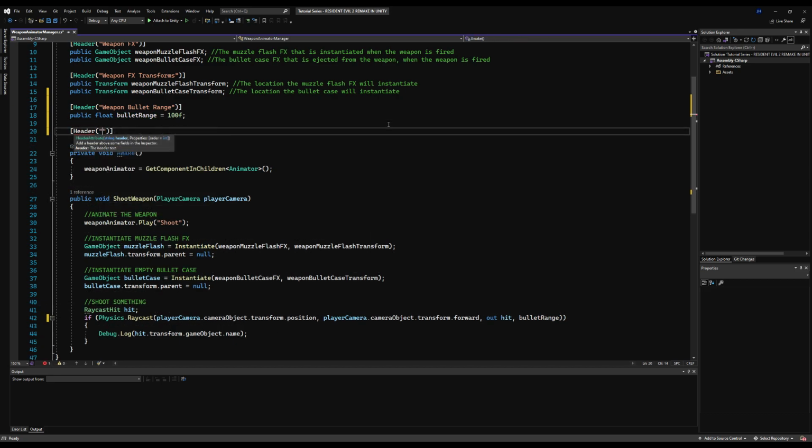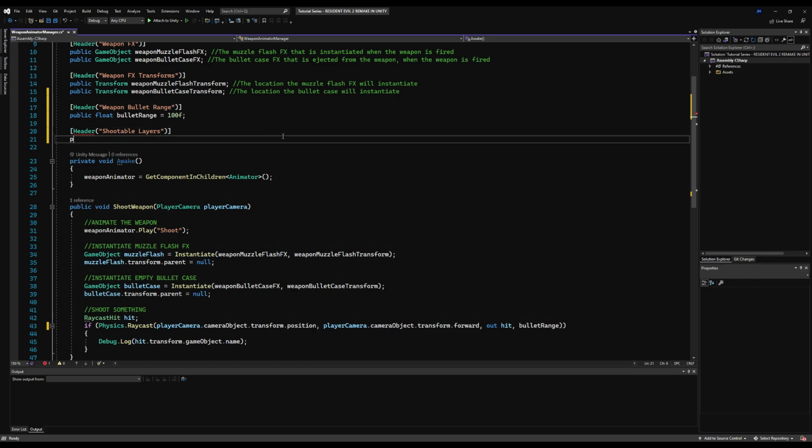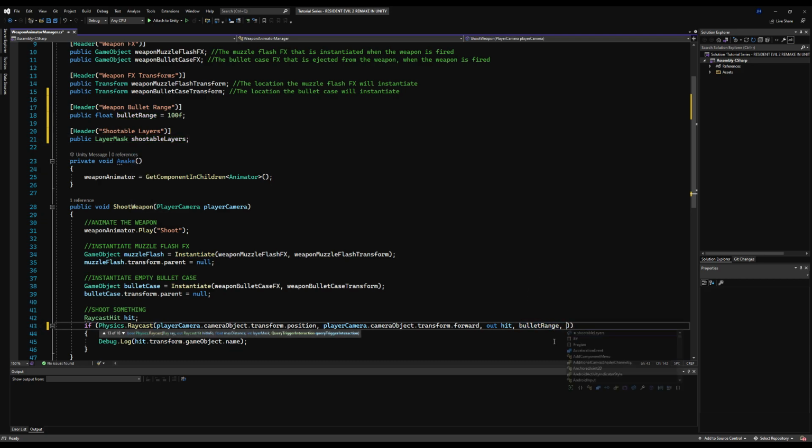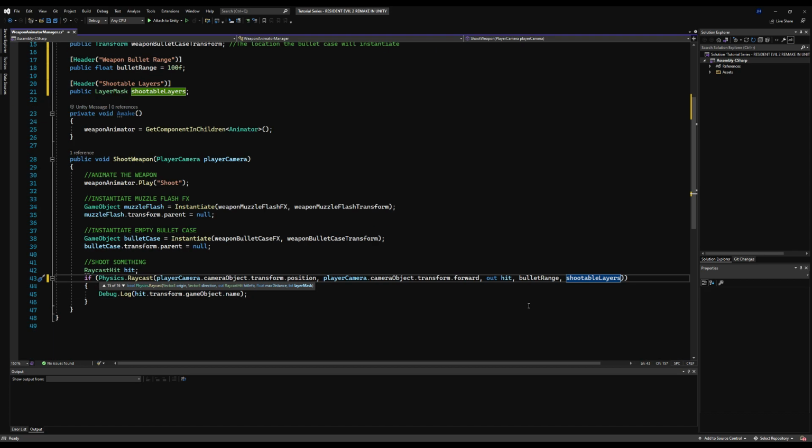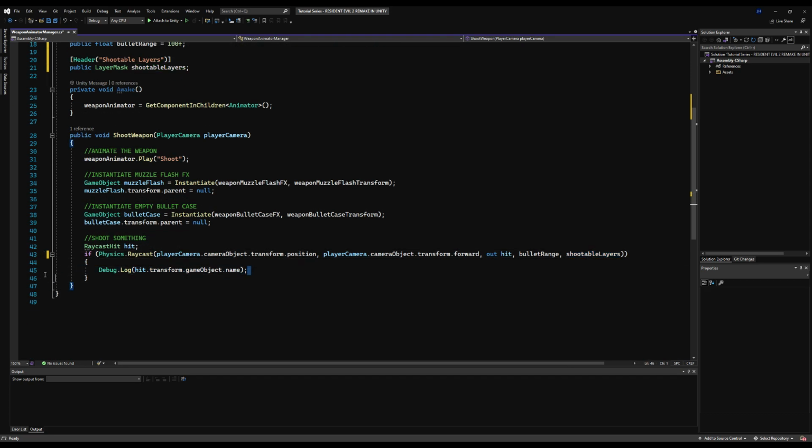And then right below that, I'm going to make another header. I'm going to call this shootable layers. And as the title suggests, this is going to be a public layer mask. And I'm going to call it shootable layers, sorry, not a capital A. And whatever layer is on this is what the bullets will be able to detect. So if your layer is not included in this layer mask, you will not be able to detect what the raycast is shooting onto. So for example, if I add the head to this and the torso to this